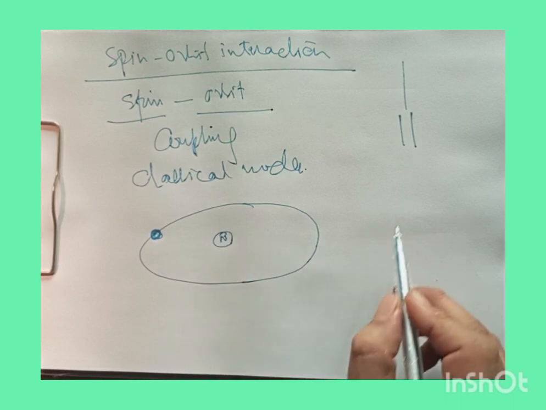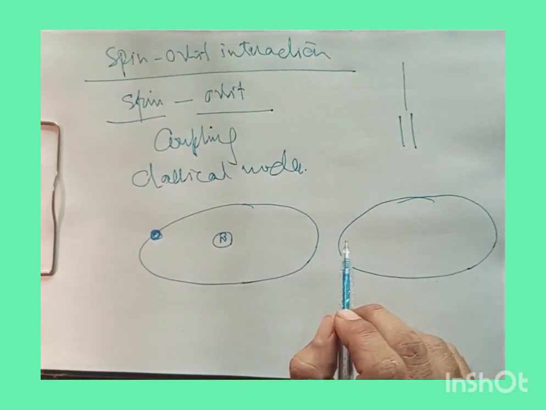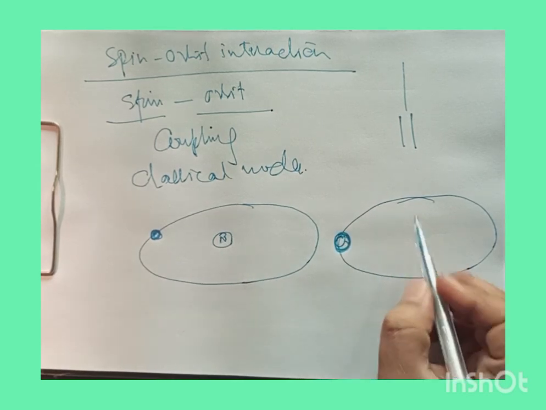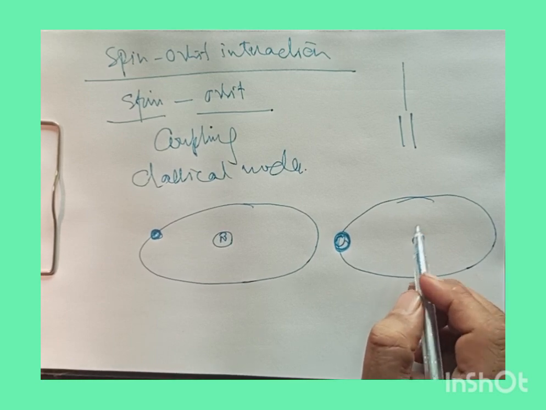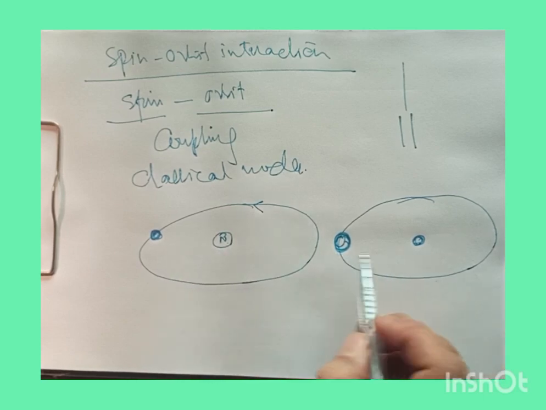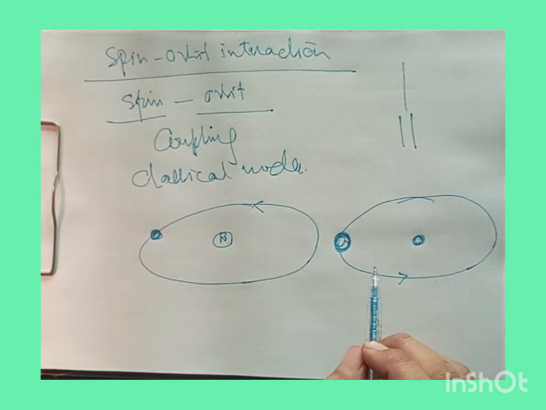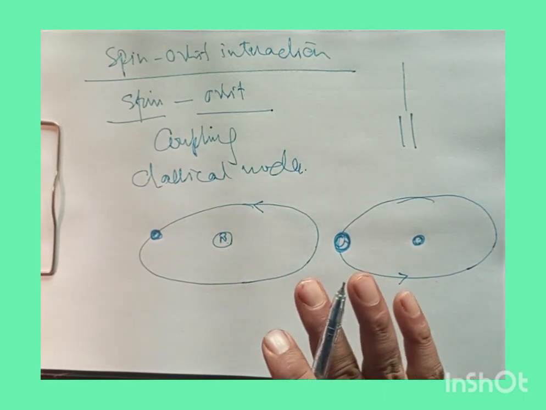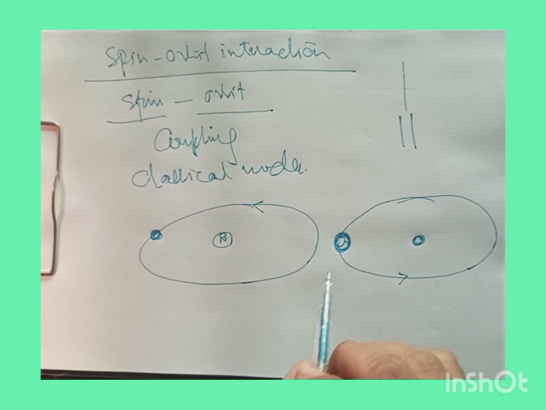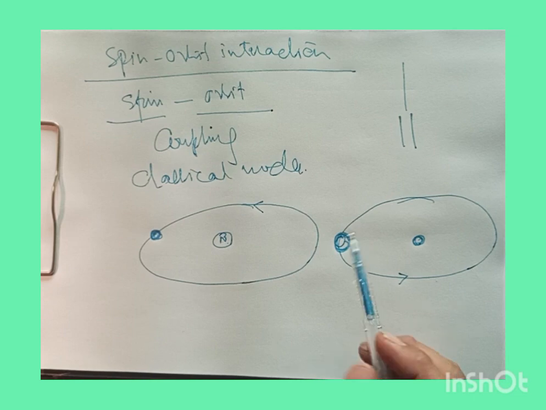This nucleus appears to be moving to the electron. Showing it at some point, and this is an electron, right? And if we assume that the direction is like this, now what's happening for the electron? The nucleus is also moving. So this magnetic field then acts upon the electron's own magnetic moment